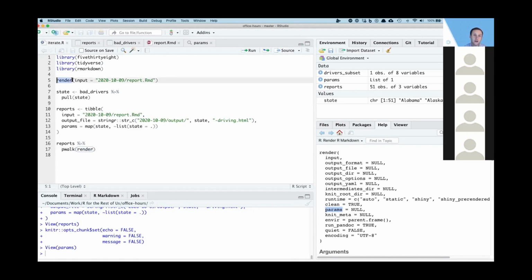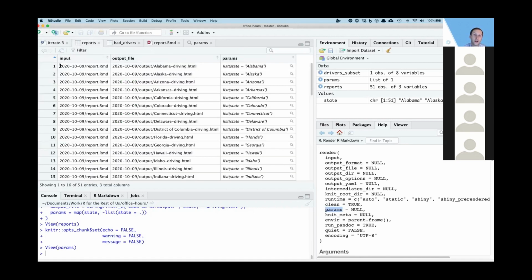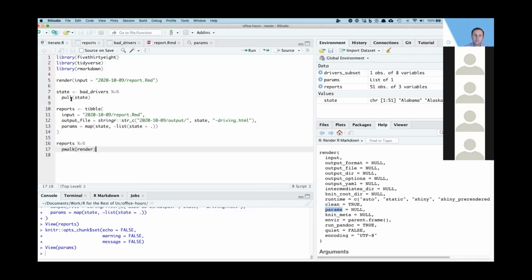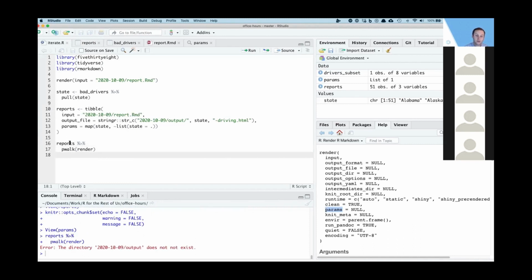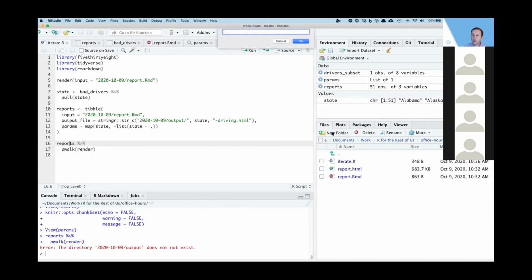So here's render. We did it with code, but we did it just for one report. This will run the render function, but it'll take this as the input, create this as our output file using these parameters. Okay, so let me go ahead and run this. Okay, so that output directory does not exist. So let me make output. And now,